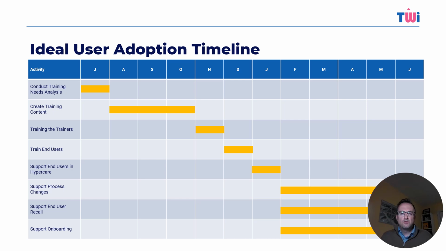The reality, though, is user empowerment and learning should be considered a continuous process and not complete at a set go live state. It really shouldn't stop at go live or even at hypercare for that matter. Sure, training materials need to be ready for go live, particularly material around business critical tasks, but often we cannot know what or how much support an end user will require until they're actively using the new software. Given the iterative and agile nature of software implementations, we also need to consider future training needs covering process changes, and we need to combat that dreaded forgetting curve and look after the training needs of future employees at the same time.